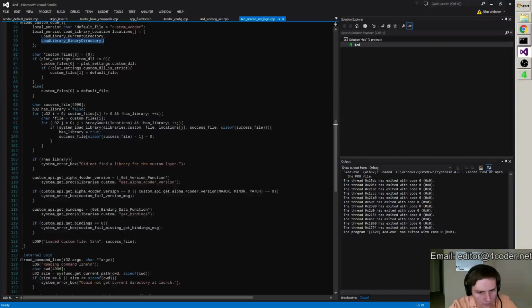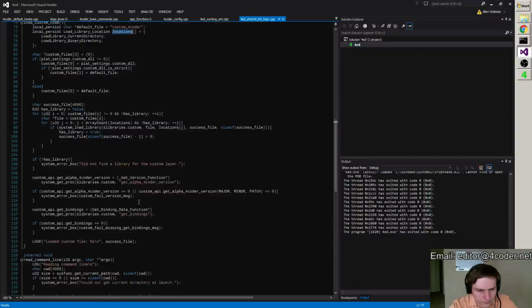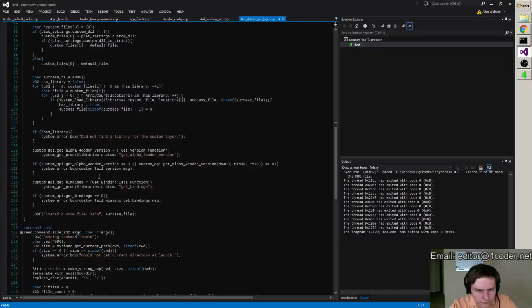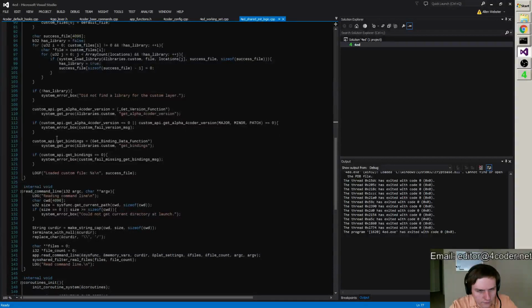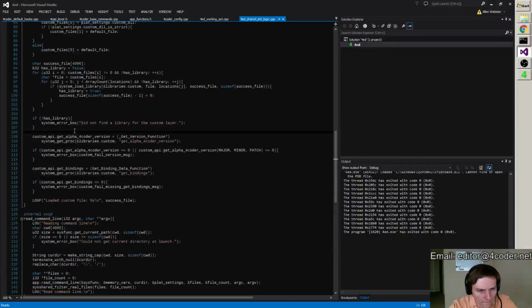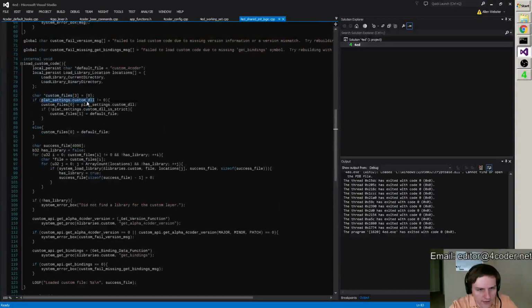Let me read this. Locations. Ah, here it is. Right, it's plat settings, custom DLL.